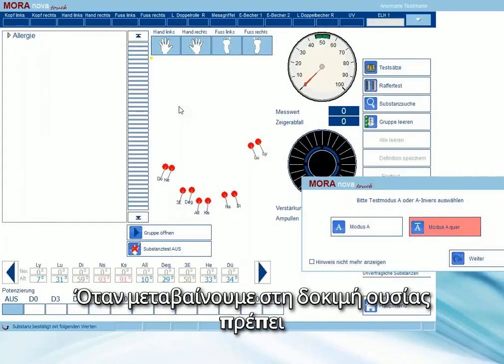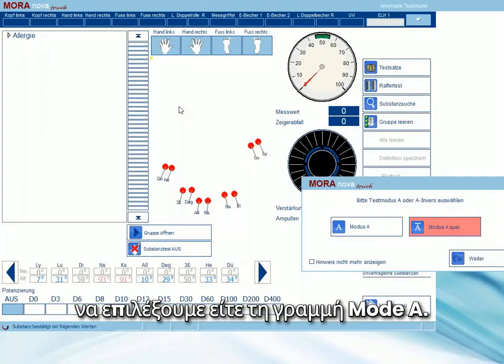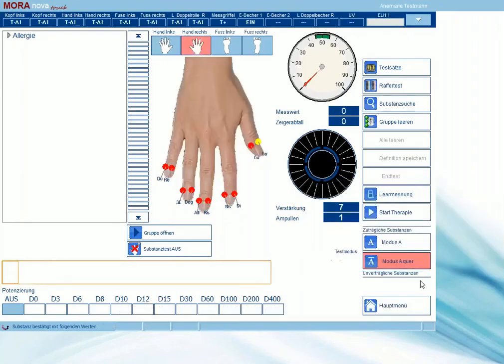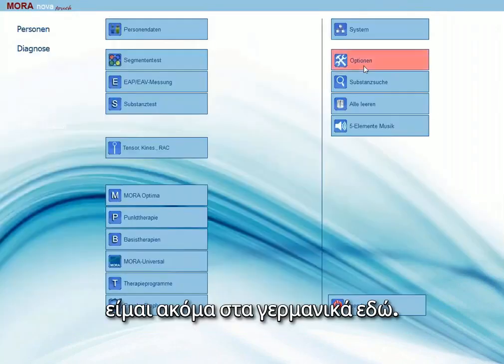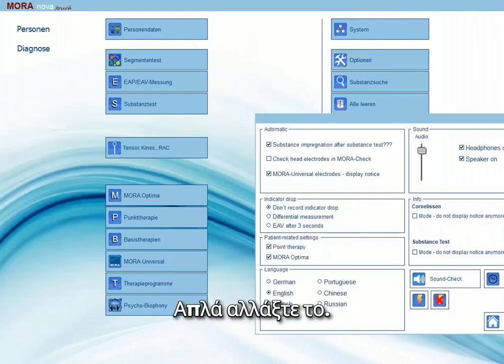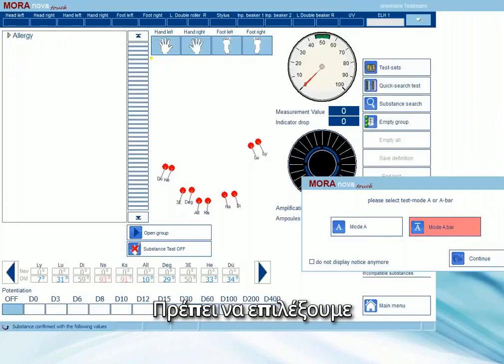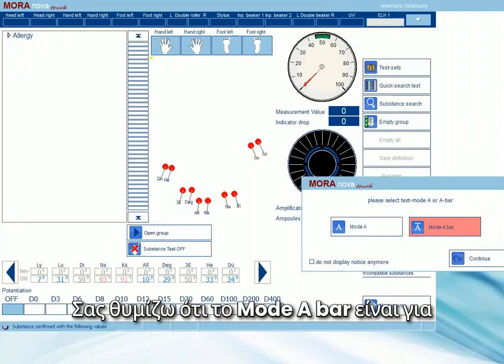When we go into substance test, we have to select either mode A bar or mode A. I'm sorry, I just realized I'm still in German here. Just change that over. Apologies for that. We have to select either mode A bar or mode A. I remind you, mode A bar is for